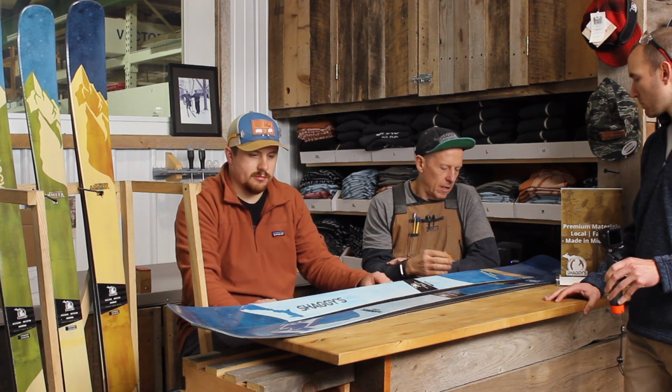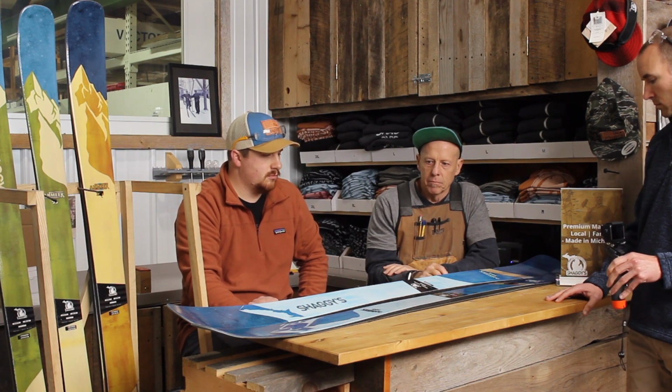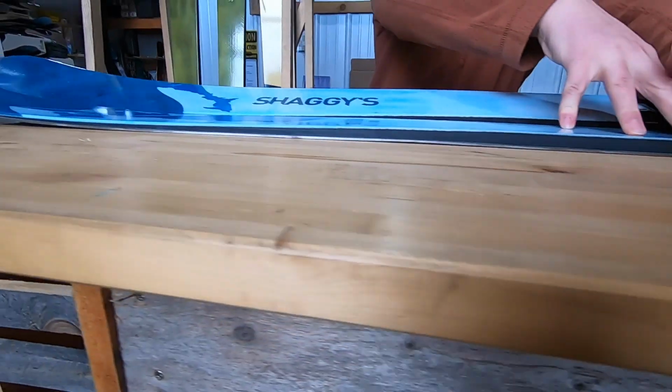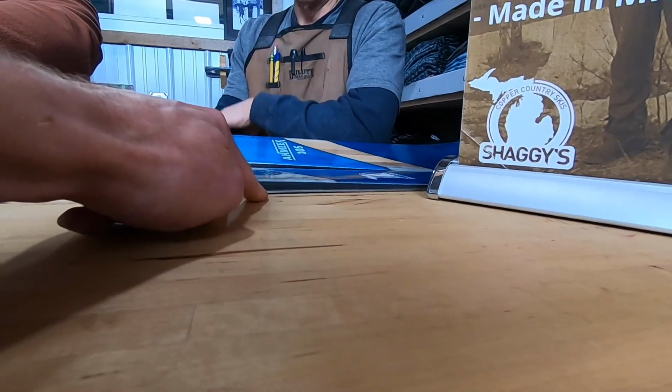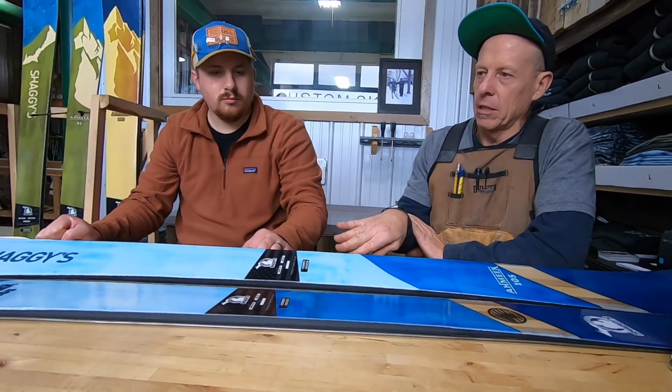Well, and the other, it does have great edge control. The camber pockets that we put in it enhance that gripability of this ski. The effective edge is important, and that camber pocket aids that and allows that edge to grip on the hard snow that much better. It has more contact points where you lay it up on edge and it sticks in that rail that you put it up on. So the features that are put into the ski to make it that much better really improves the